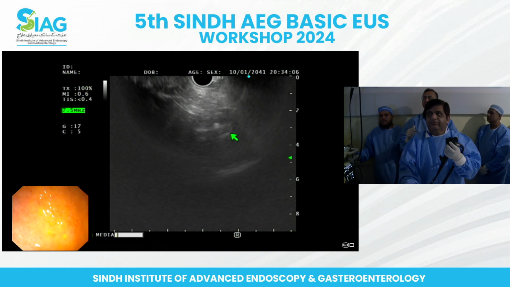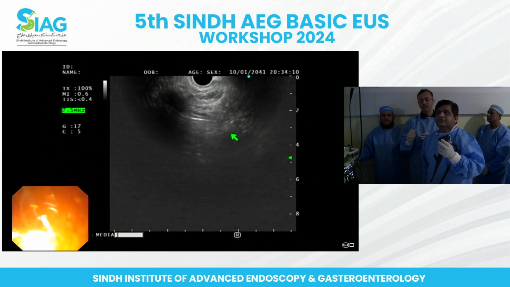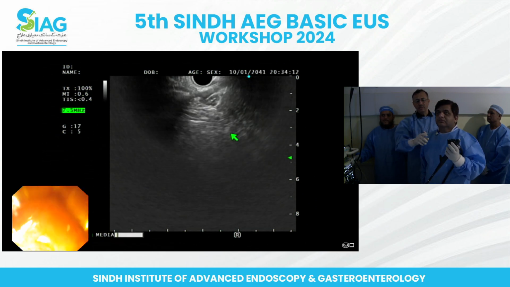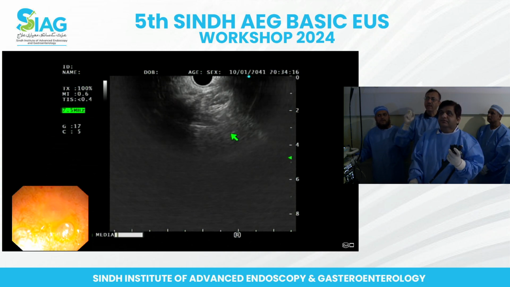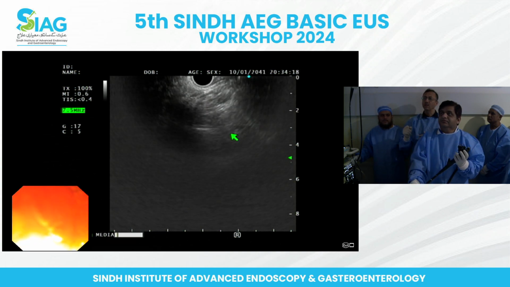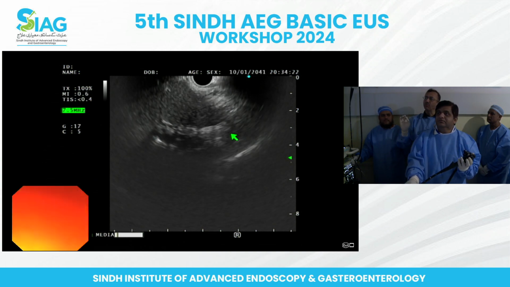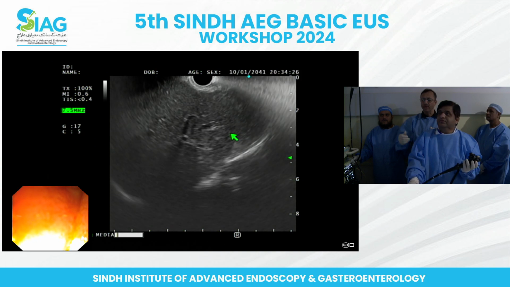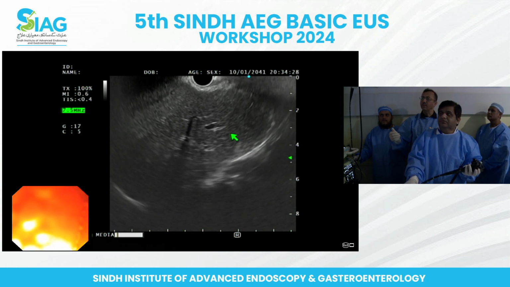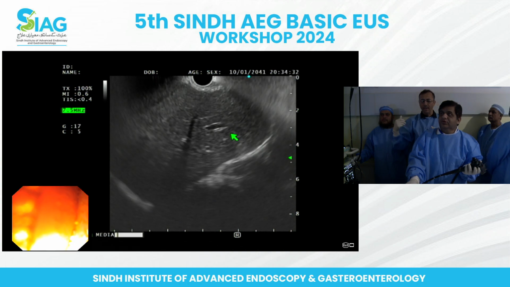Okay, now stop insufflating and suck out all the air. Suck out all the air. Change the position of your fingers. Now use just the index finger, up and down. What would you like to identify? The structure, that is the portal vein. So where is the portal vein? If the portal vein is not visible and the liver is visible, that means you've gone a bit too far inside. So come back,